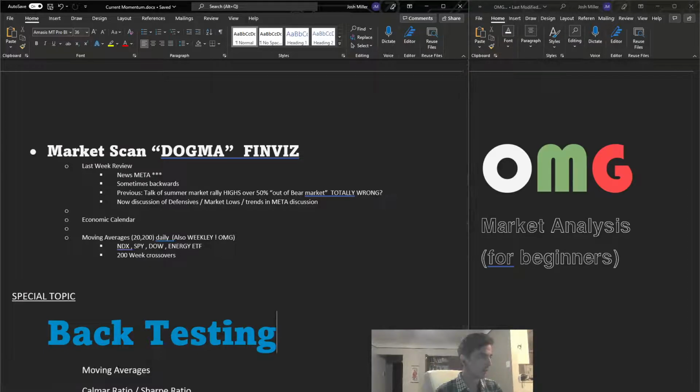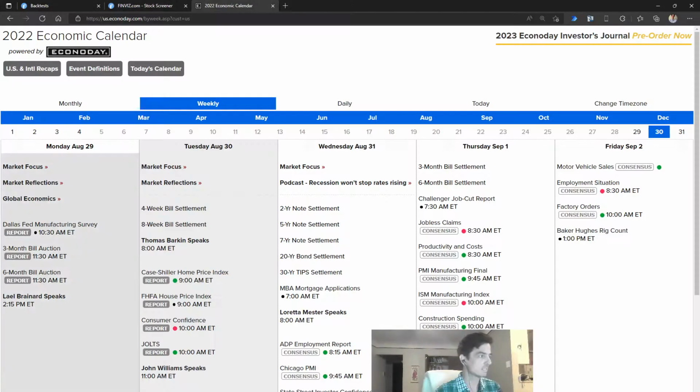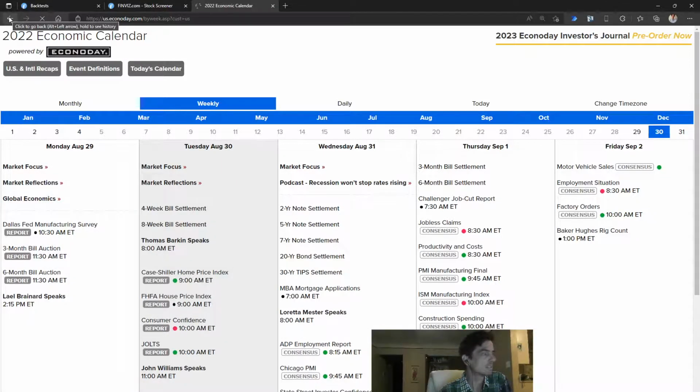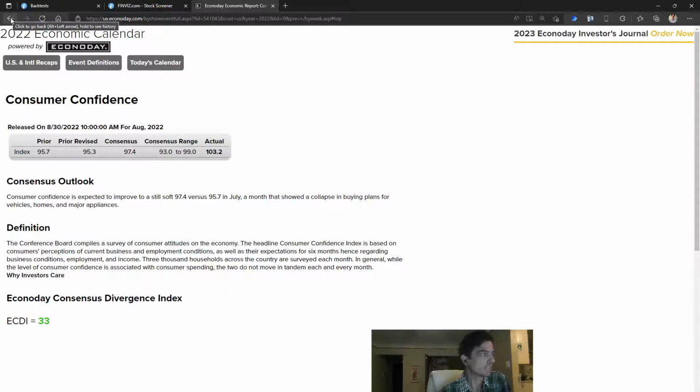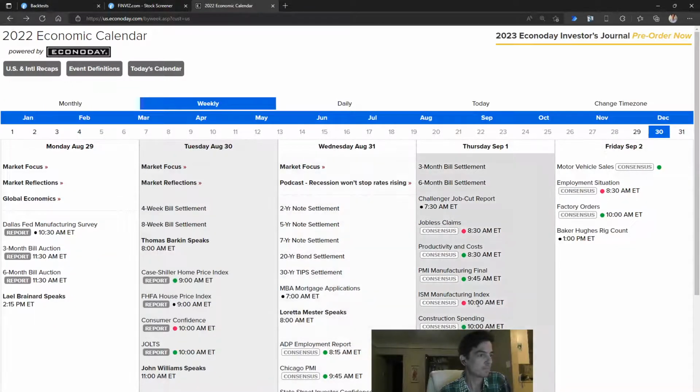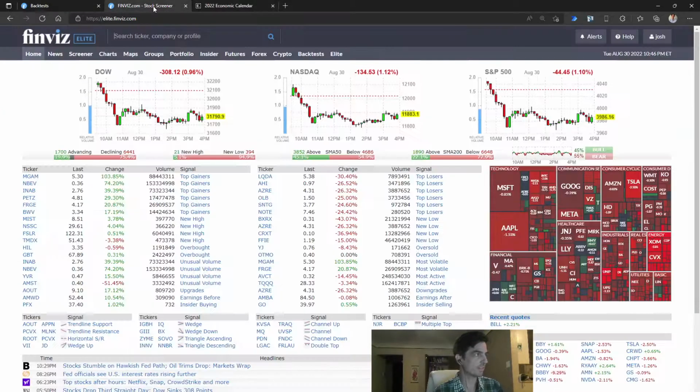Our dogma before we go into the backtesting is look at the economic calendar, consumer confidence report, look at these reports. Don't know why, just look at them, get used to looking at them. Let's see, this one went up. We've got manufacturing index, jobless claims, which is all related to inflation and whether or not we're getting into recession yet. The other thing is to look at Finviz and go through the menus,